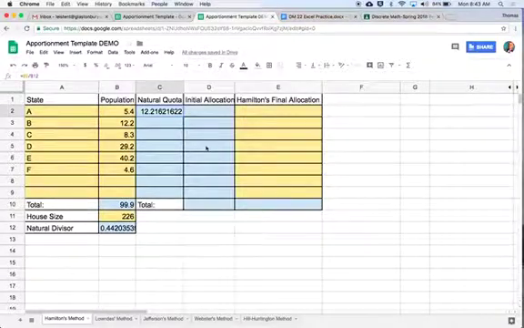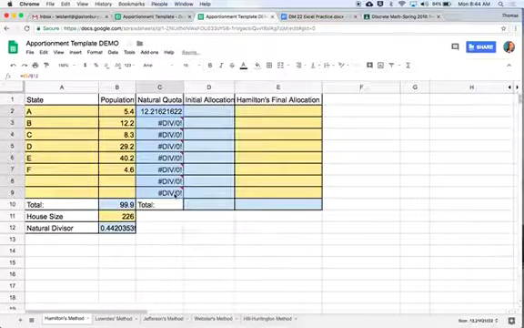Rather than type a new formula for the next one, and then a new formula for the next one, we can take what we've already got, copy and paste all the way down. Once I'm off that cell, there's this little blue bubble at the bottom right. If I tap that, I can drag down, and it repeats the formula all the way down. Now, this is where the mistake is going to be. I'm going to tap that and drag all the way down. It shows up,